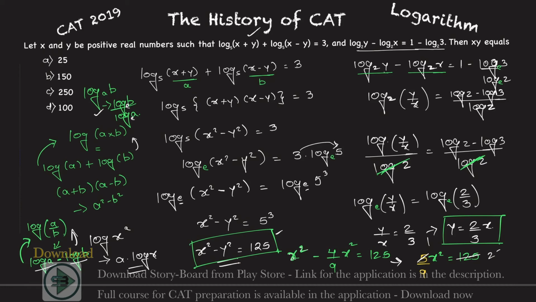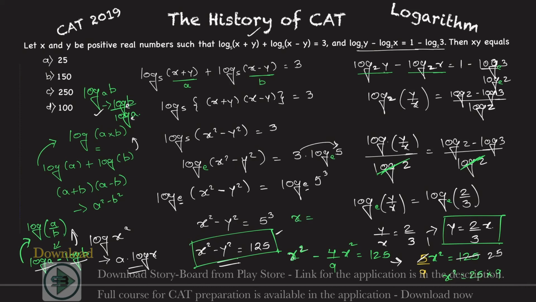25s, right? 5 2s are 10, then 5 5s are 25, correct? 5 25s are 125, then what are you left with? 25 into 9. So x squared is equal to 25 into 9. Okay, 25 into 9. Now if I take the square root of this, x will turn out to be what?